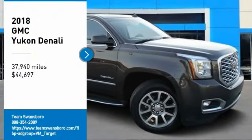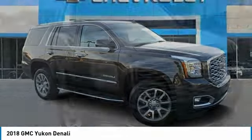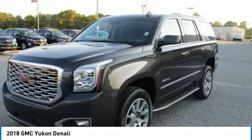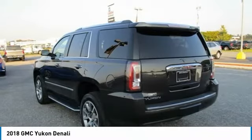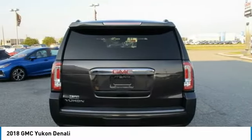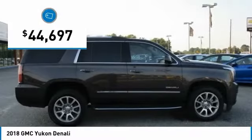Make a great choice today with the 2018 Yukon. Peace of mind comes standard with GMC's 100,000-mile, 5-year powertrain warranty and Yukon's 5-star frontal crash test rating. Boasting a Vortec 5.3-liter V8 with active fuel management, flex fuel, Yukon is agile and capable and is priced below